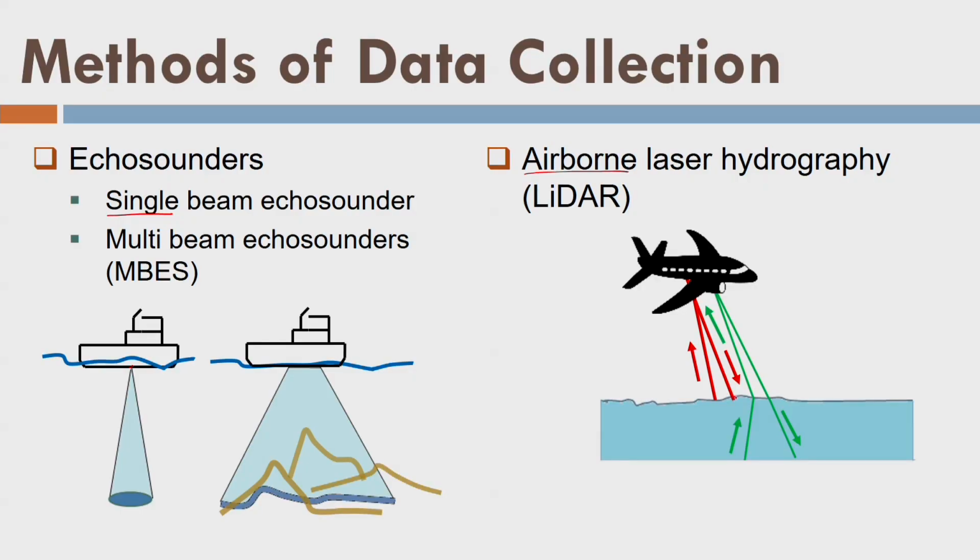That means there is a LIDAR sensor that is throwing the pulses towards the water surface, and as a result there are two types of pulses. One is the red pulse here, which interacts with the surface of the water and is reflected back. Okay. On the other hand, there is another type of pulse, the green pulse here, which penetrates the water, interacts with the river bed here and goes back, right.